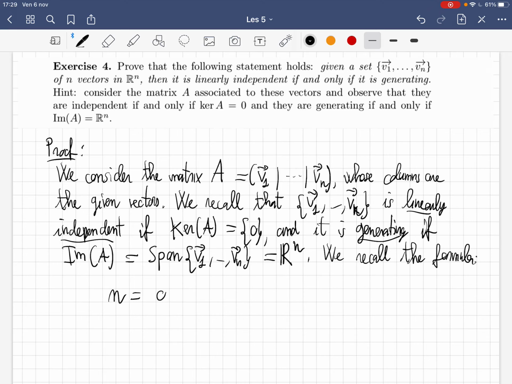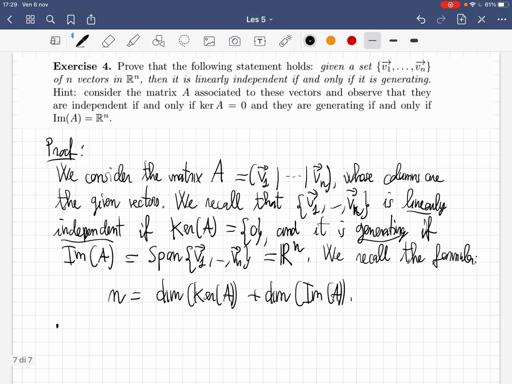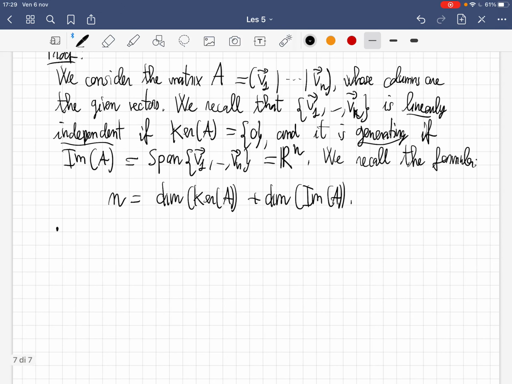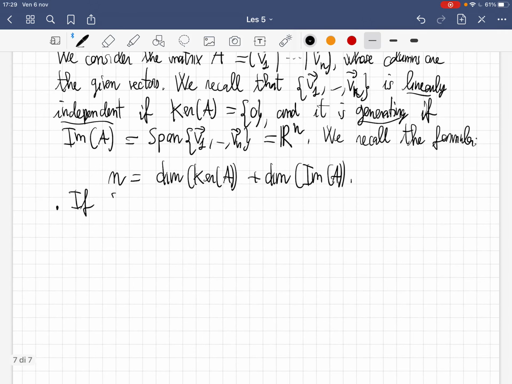So we have that n is equal to the dimension of the kernel of A plus the dimension of the image of A. Now we have to prove an if and only if, so we have to first prove one direction and then the other. So if these vectors are independent,